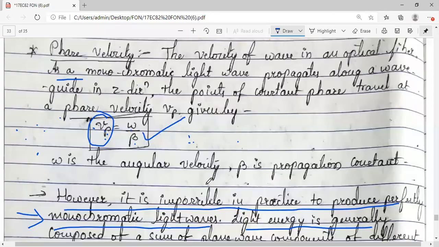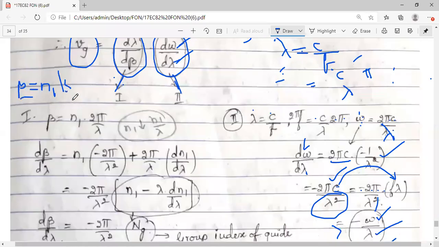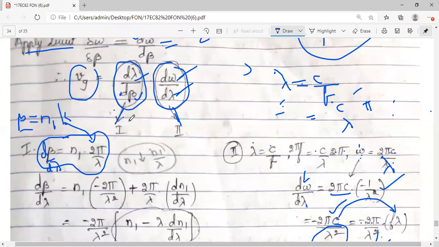With that as the basics, let's quickly complete that first equation. I will start with beta is equal to n1 into k, or n1 into k, which is equal to the beta value almost, but multiplied with n1, 2 pi by lambda. So instead of k, I have the propagation constant 2 pi by lambda. Now, we need to differentiate beta and lambda, right? d lambda by d beta. But here I have beta. So what I will get here is d beta by d lambda, and I will get the reciprocal. Whatever answer comes, reciprocate it. I will get this first one.